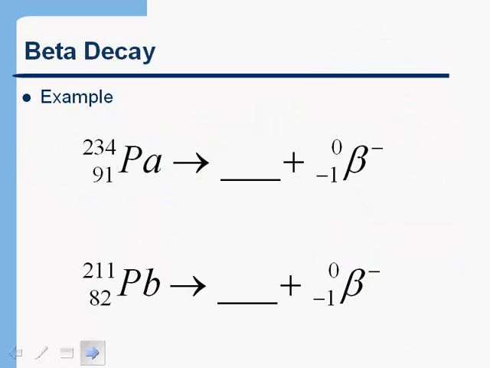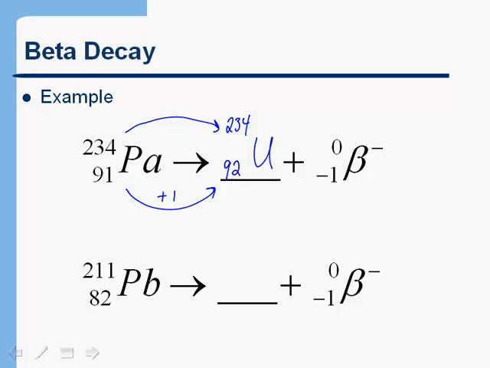Let's try a couple examples and see if we can figure out what would the decay product be, or sometimes referred to as the daughter nucleus. So if we start out with Pa-234, if it's undergoing beta decay, again what happens is the number of protons goes up by 1. Okay, so that goes up by 1. But the total number of protons plus neutrons doesn't change. And so we would have 234, but now we'd have 92 on the bottom,